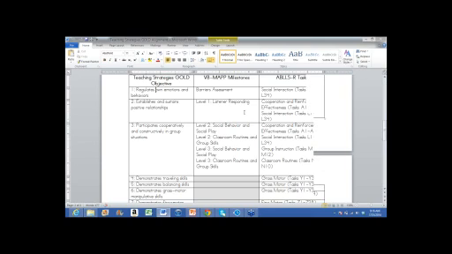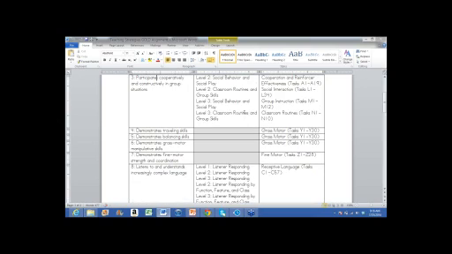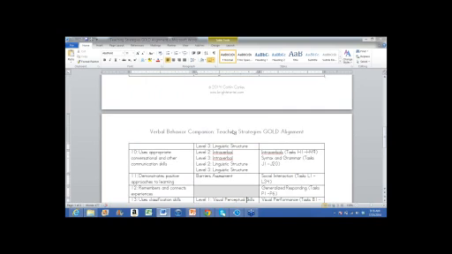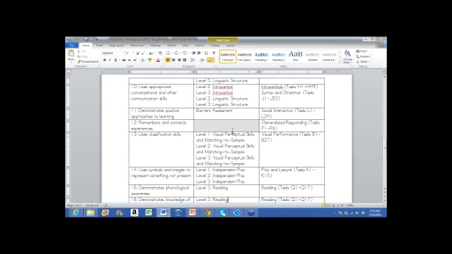And as you can see right here, we have a few that the VB-MAPP doesn't go into. It doesn't discuss a lot of these gross and fine motor skills, but the ABLLS has more of those in it. My personal preference when I'm assessing a child for a verbal behavior program is the VB-MAPP.